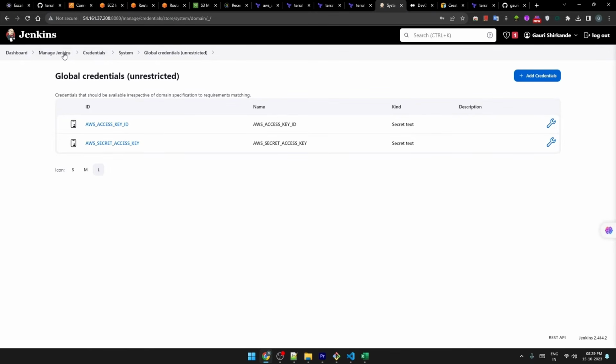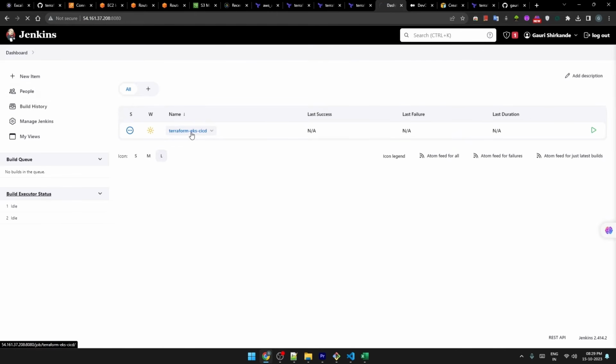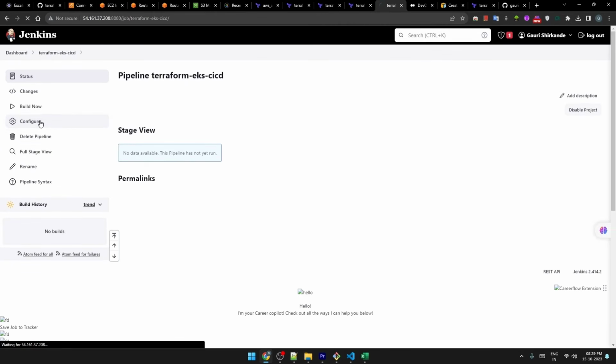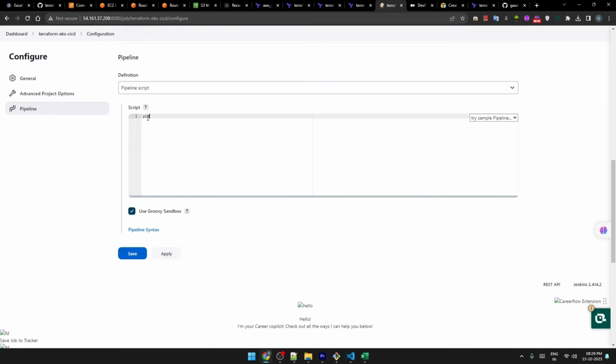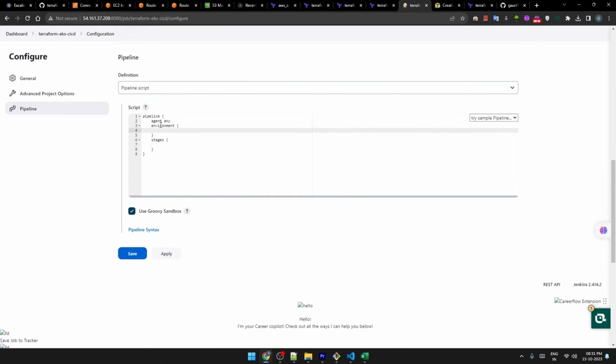Now let's go to our dashboard once again, into the pipeline and into the configure section. Okay, so in this we first mention pipeline, and agent any, and we are going to mention the environment details in this particular section, and for the stages we are going to create one more different section, right? Okay, so in the environment we are going to define those AWS